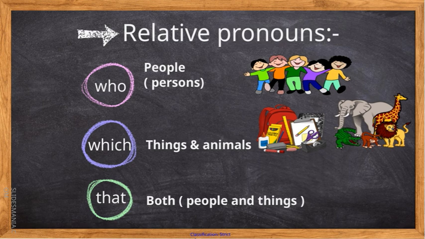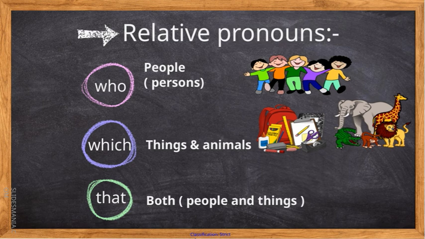To connect these nouns to more information, we use relative pronouns. The first one is who, which we use for people. For example, the person who called you. Next is which, used for things and animals like the book which I bought yesterday. And finally, that is a versatile pronoun that can refer to both people and things, such as the car that